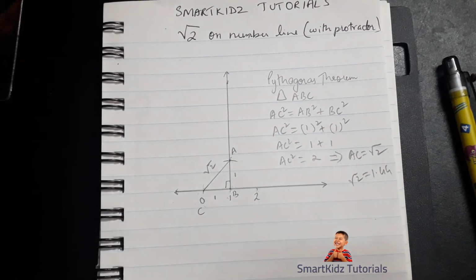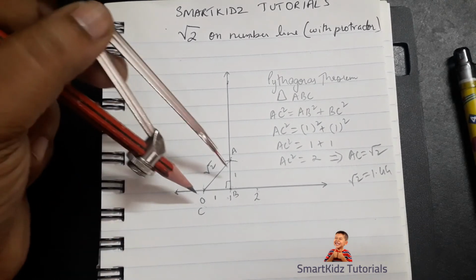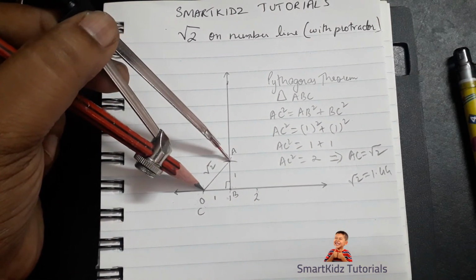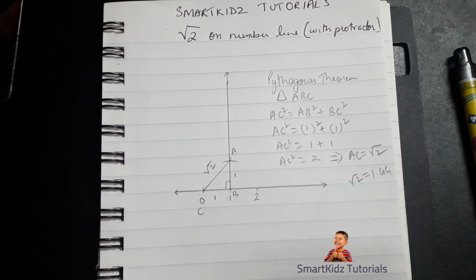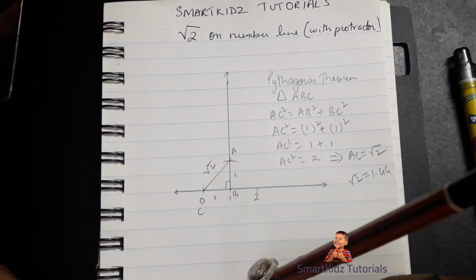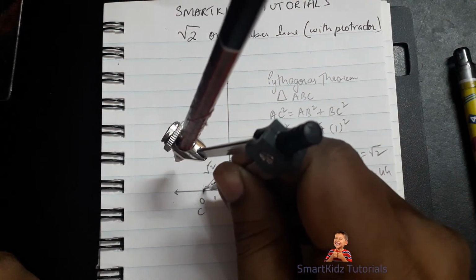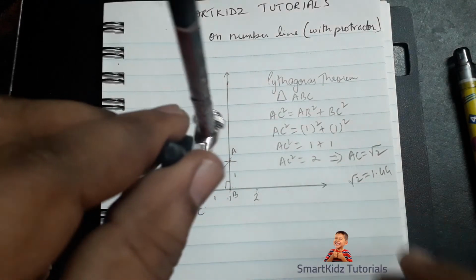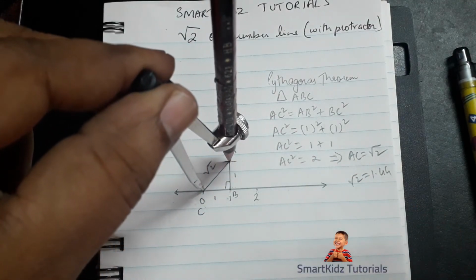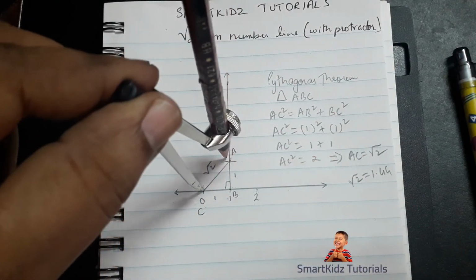So I'm just going to measure. Here you go, here's the measurement. Okay, you can clearly see. Now in order to construct root 2, all I need to do is, with the help of the measurement that we have taken, we have to keep the pointer on 0 and not on 1. Okay, we have to keep the pointer on 0, ensure once again that it meets the markings over here, and